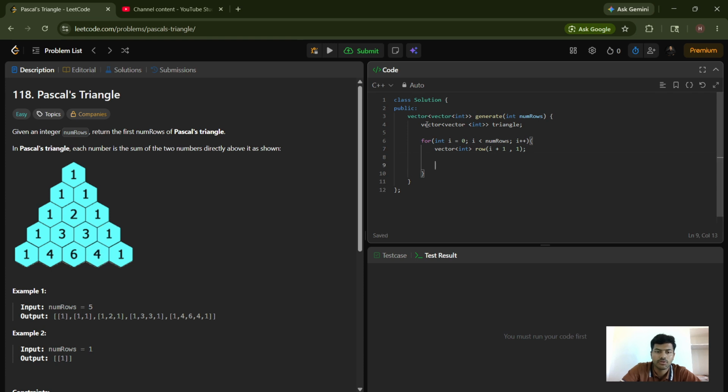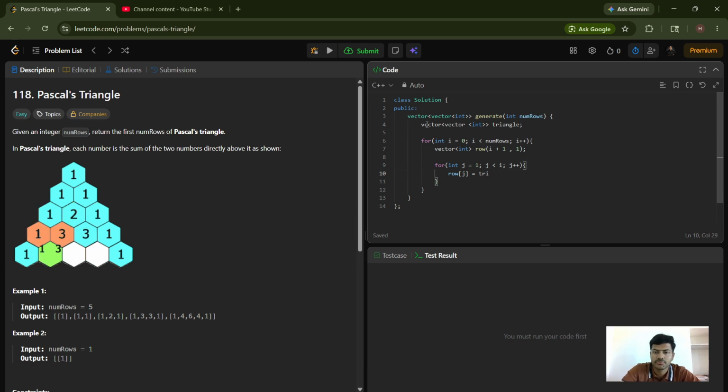And now a for loop in which int j is equal to 1 and j is less than i and j plus plus. Now in this we are going to assign row index j is equal to